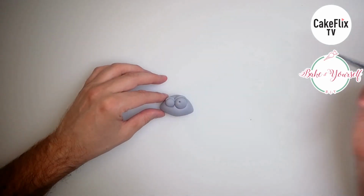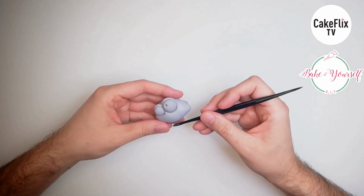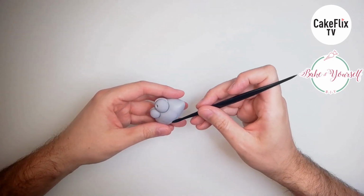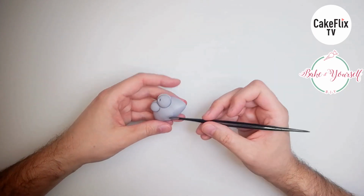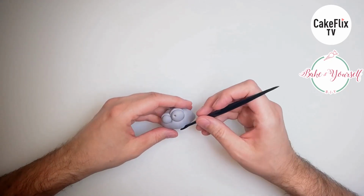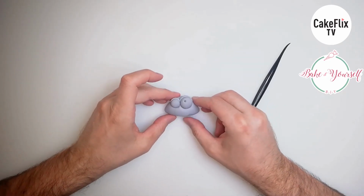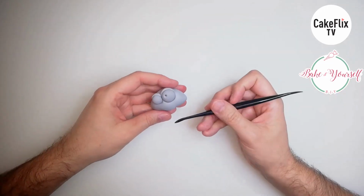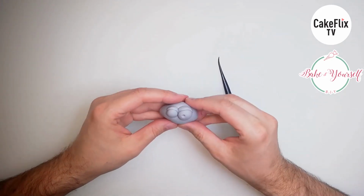Now I'm going to take my Dresden tool. I'm going to work on a chin. Okay, so I'm just going to push here a little to draw the chin. And once I have it, I just push it a little like this, and then I press. I don't want a very noticeable chin. I just want a little volume here. Okay,